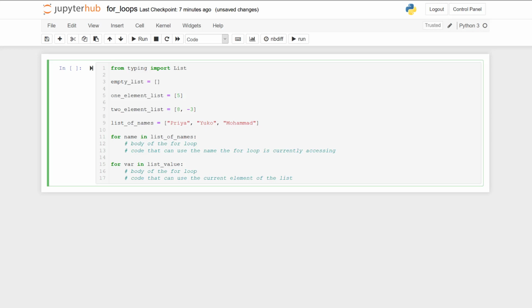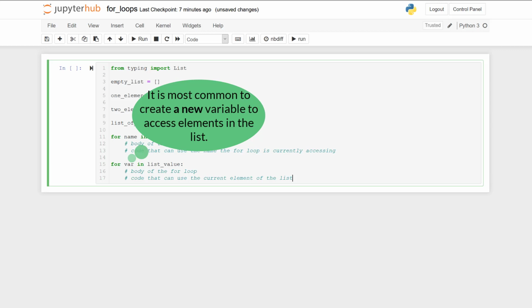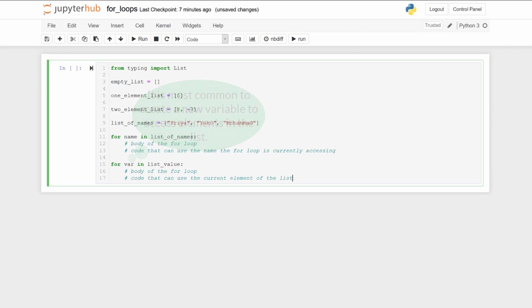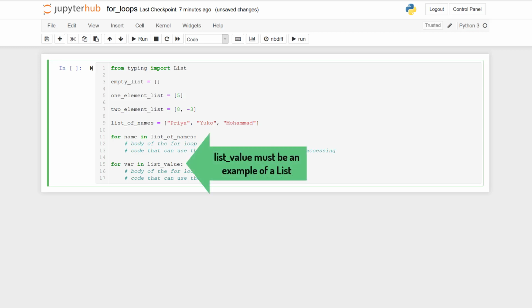You do not need to have used this variable previously in your code, and in fact it's most common to create a new variable to use to access elements in the list. List value must be an example of a list. Most commonly in this class, we have a variable that is storing our list, like in our example above with list of names.